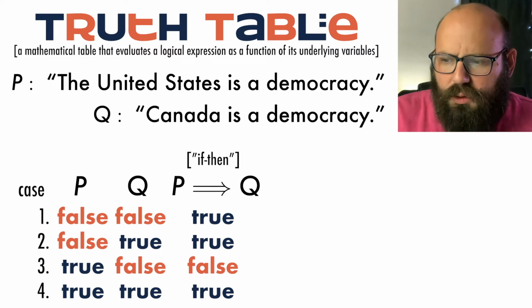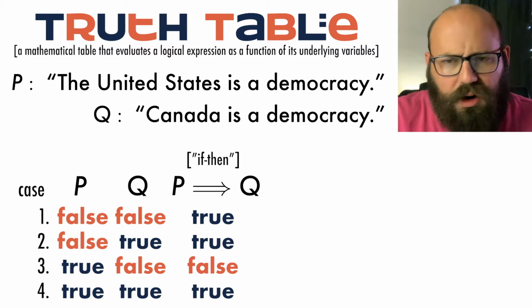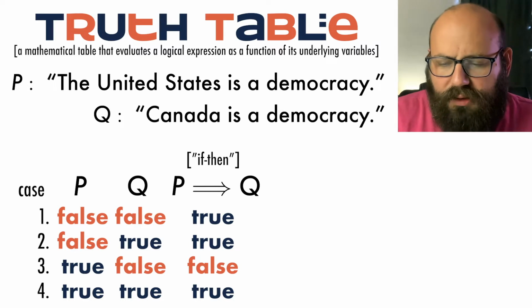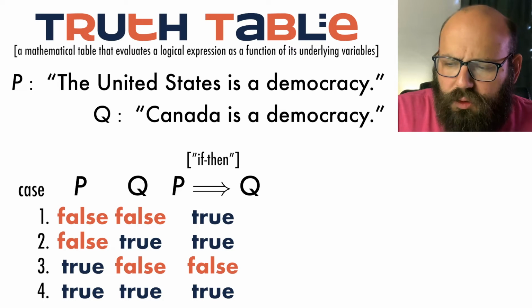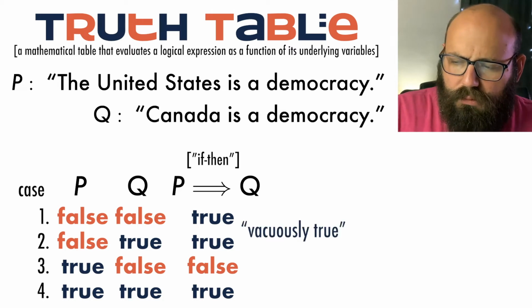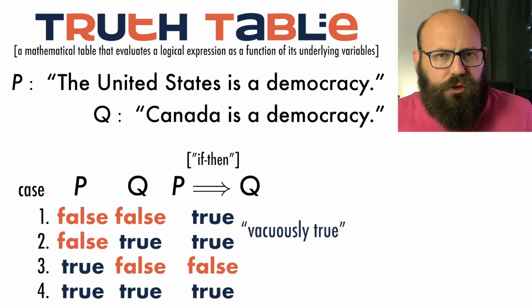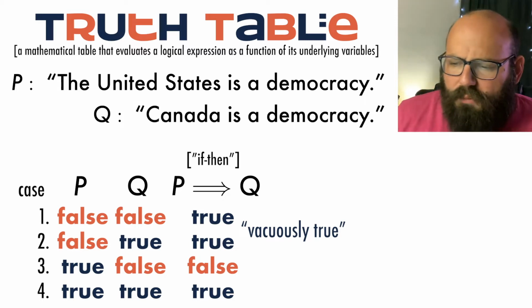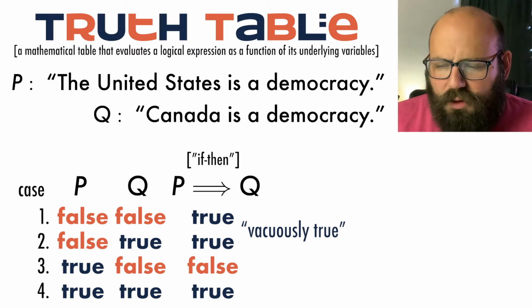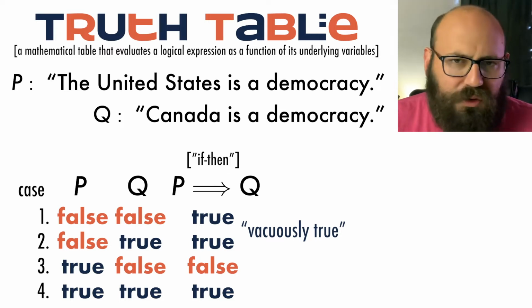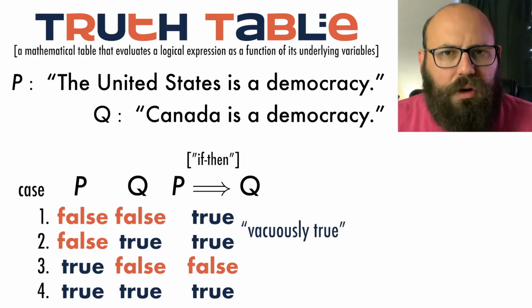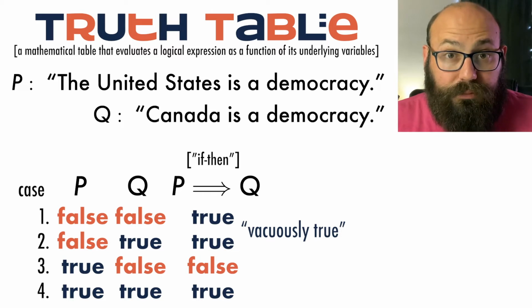The word that we use for this sort of part of a truth table is, we're going to say in cases 1 and 2, the claim if P then Q is vacuously true. Okay? Vacuously true. So it's true, but we didn't really learn anything because we never really tested the claim. We never put the promise under test, we never actually had to live out that promise. It's just a hypothetical to us.